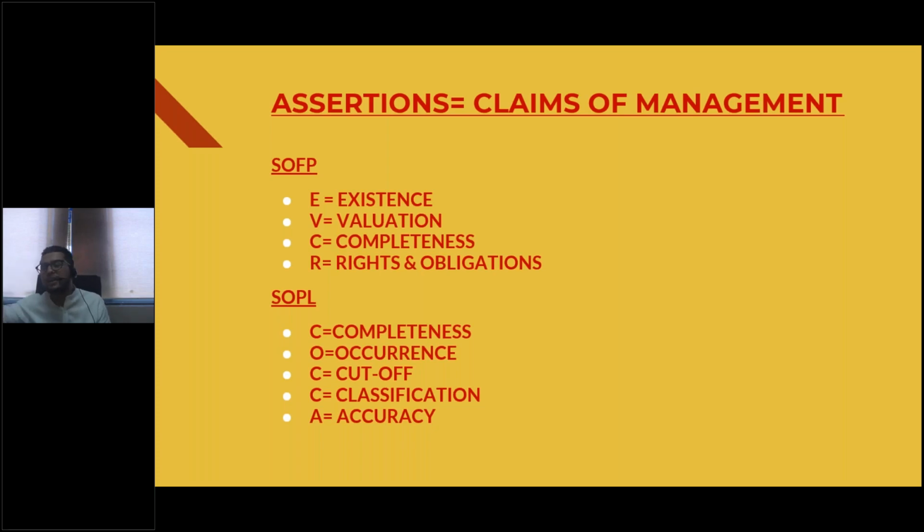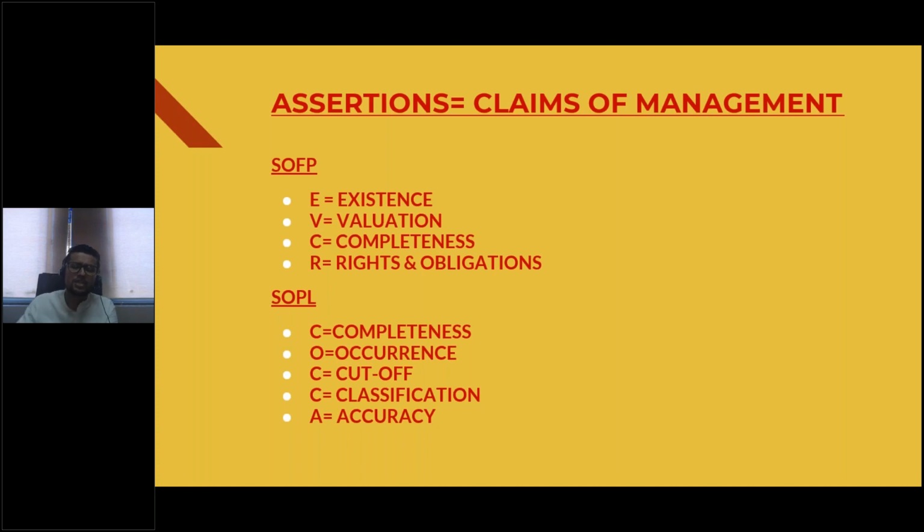So there is nothing fake. We have not recognized 5 plants, although as a matter of fact there are only 4 plants. We have not recognized 5 million receivables, although one out of those 5 million, 1 million, has been written off, or 1 million has gone into bankruptcy. So we have only recognized those assets which exist for real. That's the assertion or claim made by the management. What I am supposed to do as an auditor, I need to verify that this element of existence is literally there.